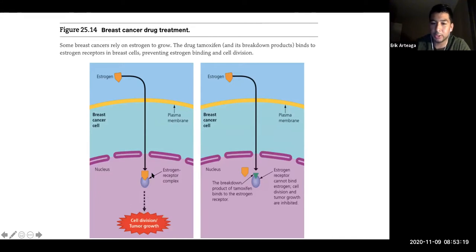Again, that breast cancer cell is going to be sensitive to estrogen. Estrogen being present is going to allow for that cancer cell to grow and continue to fester in the body, right? Tamoxifen is going to bind and break down this estrogen receptor. So estrogen cannot bind, it cannot continuously divide, right? So hormone treatments are very important for certain types of cancers, okay?